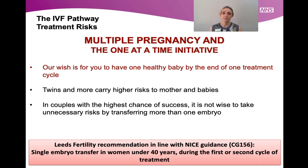Fertility treatment developed a bad reputation in its first 25 years for twins, triplets and more. In 2008, the chances of having a multiple pregnancy following IVF was 20 times the natural incidence of twinning, largely due to the transfer of 2 or 3 embryos at once. About 25% of all IVF conceptions were multiples. The risks of multiple pregnancy are many, to the mother, the baby and the family unit, as well as society